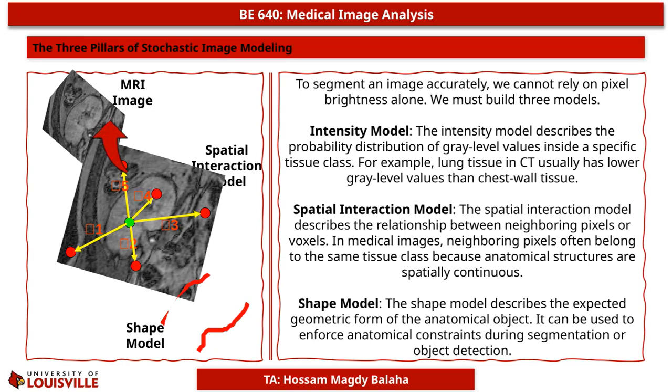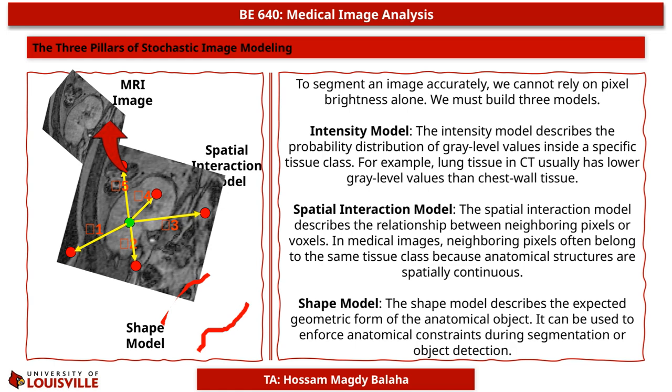The intensity model captures the expected gray level distribution for each tissue class. The spatial interaction model uses the fact that neighboring pixels or voxels usually belong to the same tissue because anatomical structures are spatially continuous. Finally, the shape model imposes expectations about the anatomical form of the object, helping prevent unrealistic